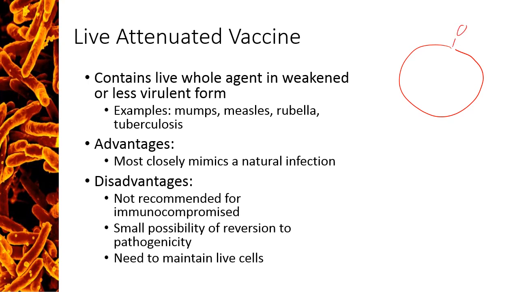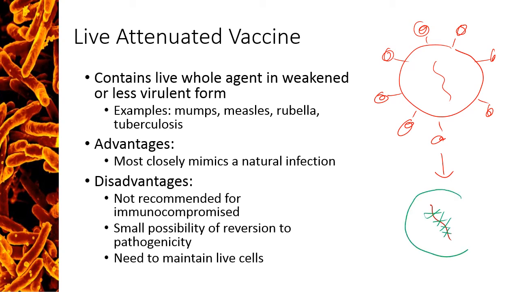So for example, if this here is the pathogen, and remember we've got proteins on the surface of the pathogen, those are good targets for antibodies because they're floating out there. We've got some genetic code inside. What the vaccine would be is that that genetic code picks up a bunch of mutations. And so we have the genetic code, but it gets mutated in a number of spots, which changes the pathogen itself so that it's no longer a pathogen. So these are non-pathogenic,